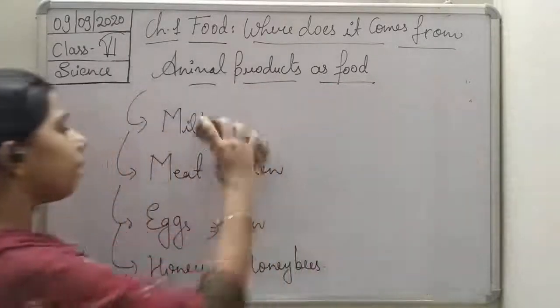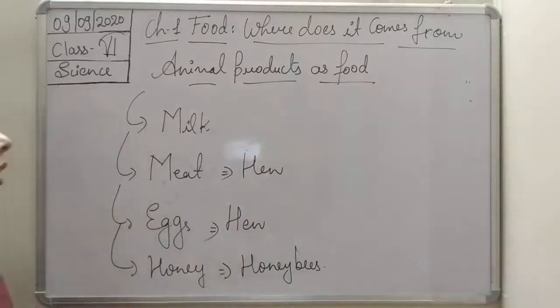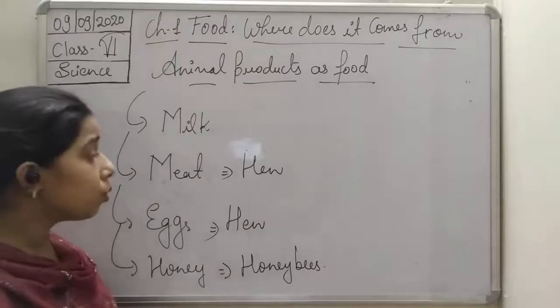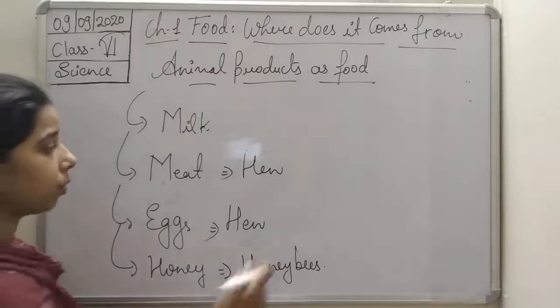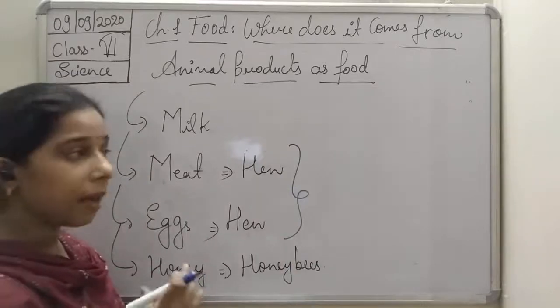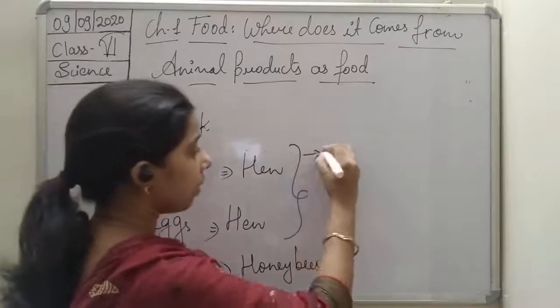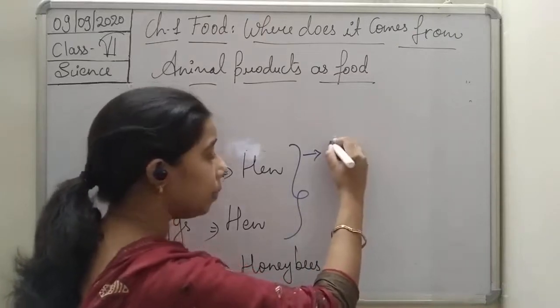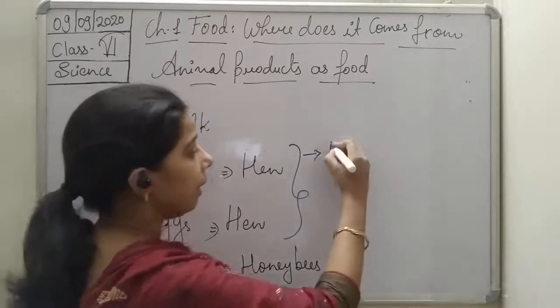Now, if we talk about the meat, other than the milk-giving animals, there are a lot of animals which provide two things to us, students, and that is egg and meat. So meat and egg, as you see here, students, we will eat. There are a lot of animals, even human beings, who eat meat.